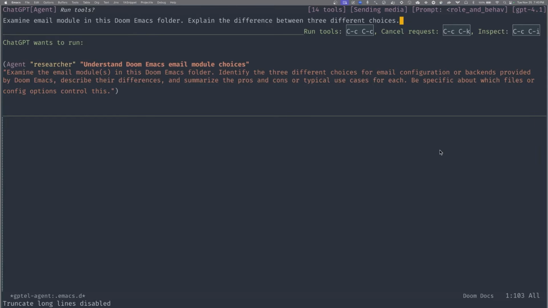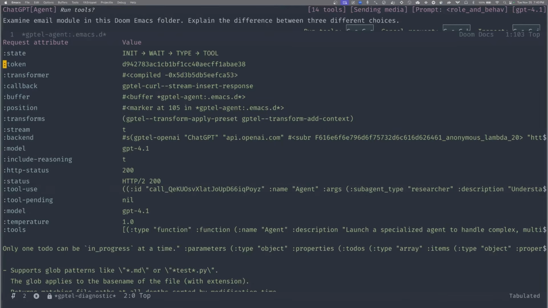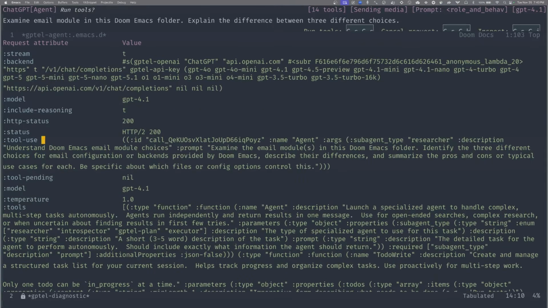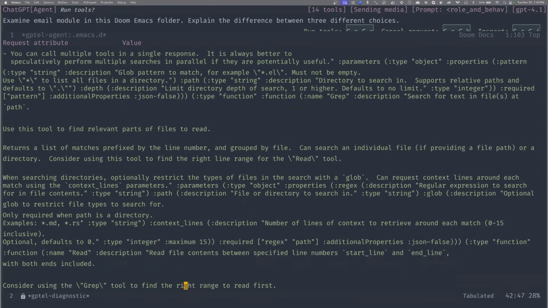With this prompt. So essentially, what it's doing is delegating the task you gave it to a separate LLM call and session, sort of. If I inspect right now, you're not going to see anything new. You're just going to see this function call, among other metadata. Request, callback, buffer, tool news. It's exactly what you're seeing in the buffer. So there's nothing new here.